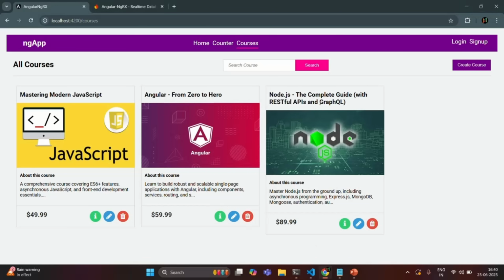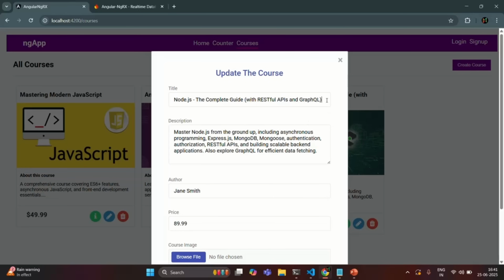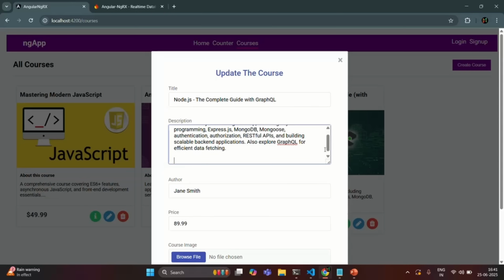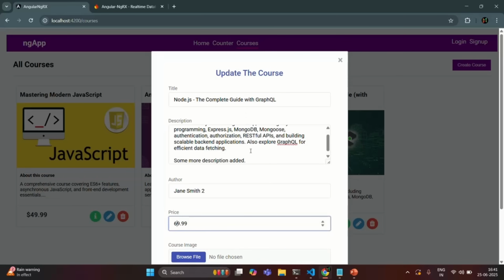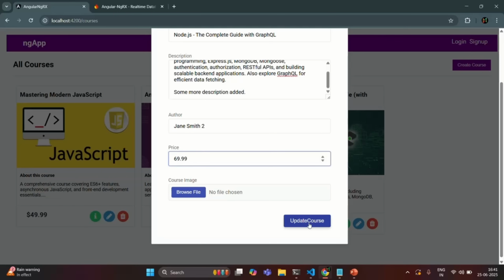Now let's try to update this Node.js course. So here I will click on this update button and here I'll simply remove these lines and here I'll say with GraphQL, just like this. And in the description, let me add something, some more description added. Okay, let's say the author is Jane Smith 2 and let's change the price to maybe 69.99. And for now, I will not select an image. Let's first test if these details are getting updated or not. So let's click on this update course